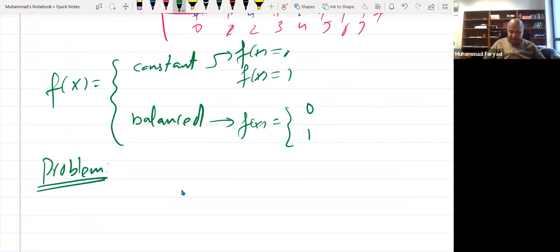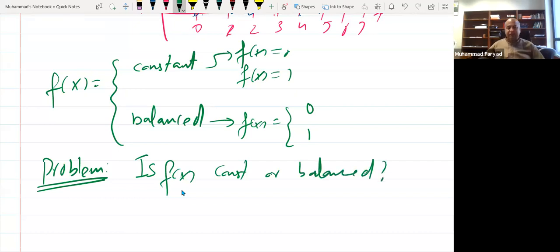Answering this question, is f of x constant or balanced? Okay, so